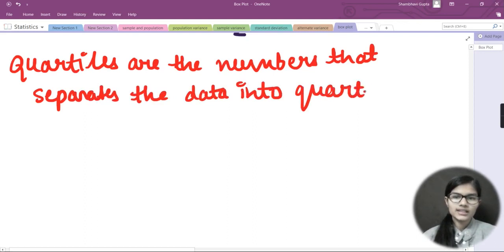Quarters means that they separate the data into parts, okay, so that is known as the quartiles. So quartiles are the numbers that separate the data into quarters, right?